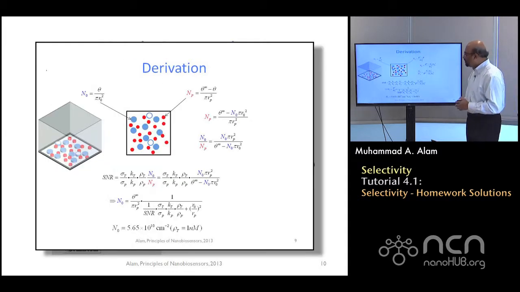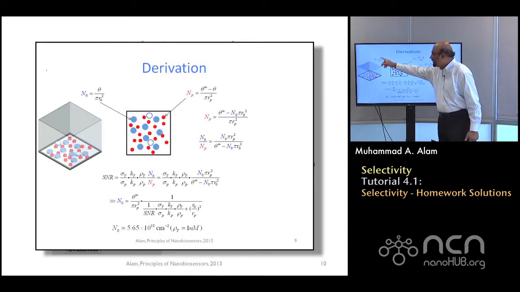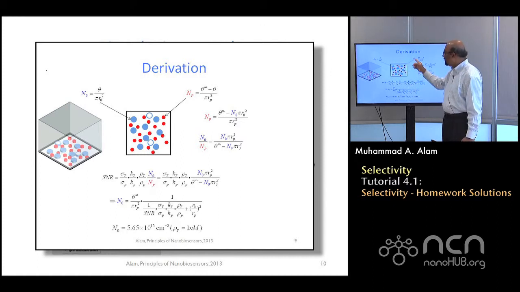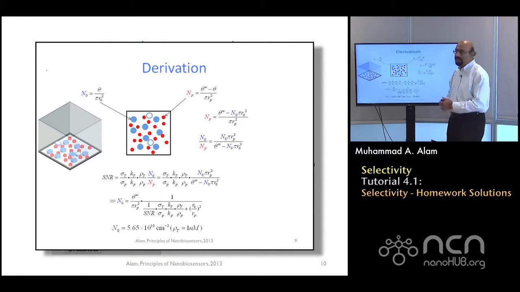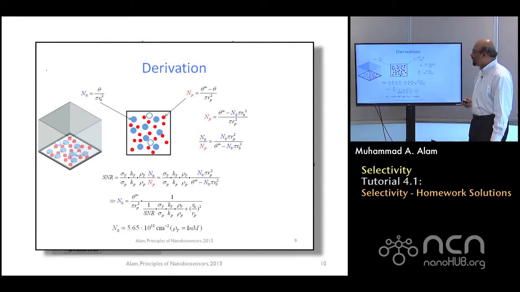Now, one thing I want to emphasize is that this N naught essentially involves all this red plus this blue together, right? And so in some places, only Np is coming in, and in some other places, the target molecules are coming in. So theta is the fraction that is taken up by the target molecule, and the red ones are the places that were taken up by the parasitic molecule. Okay.